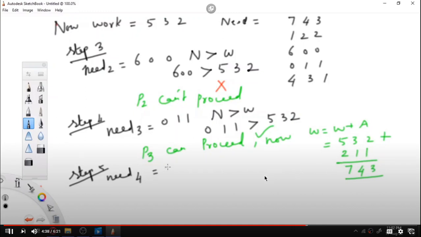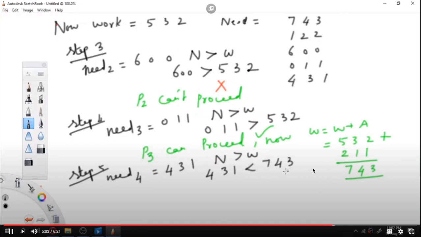Okay, so I have to go to the next step, which is for the last process P4, which is 431. I have to check whether this 431 can be satisfied by this 743.